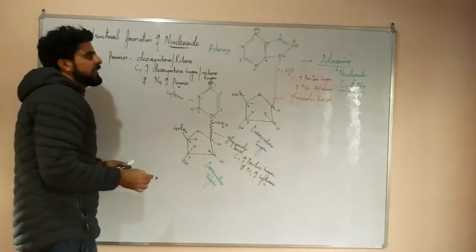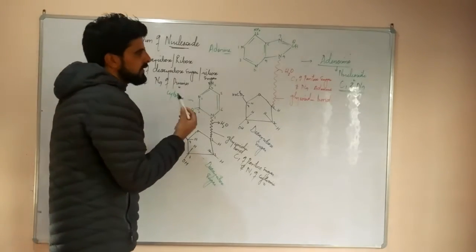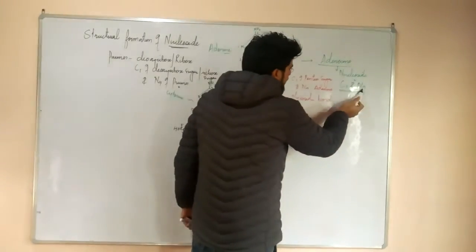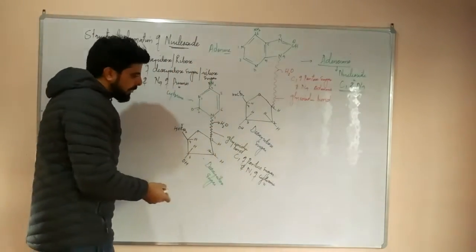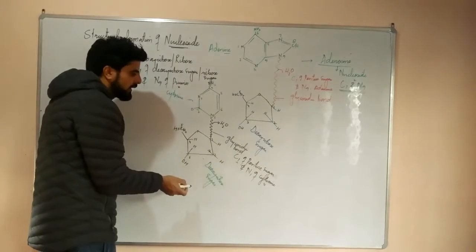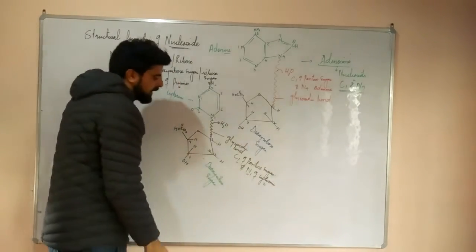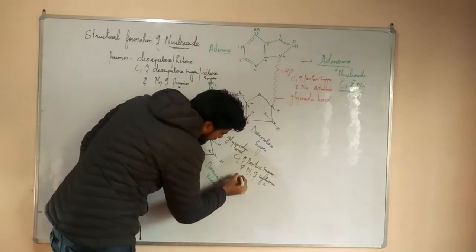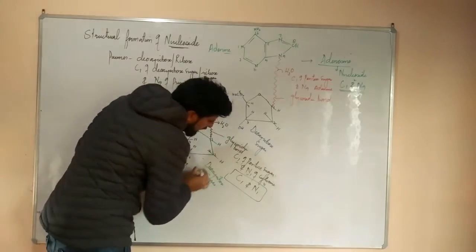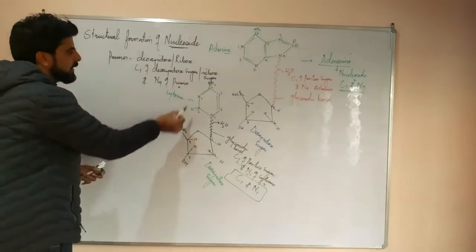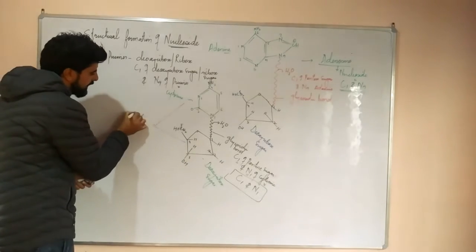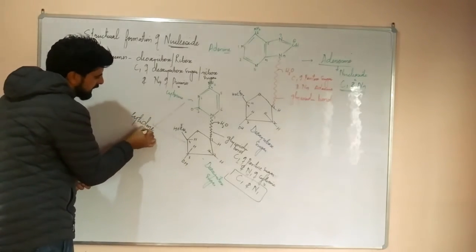So you have to keep in mind, in the case of purines, when they form the nucleoside, the bond will always be between C1 and N9. But in the case of pyrimidines, the bond will be between C1 of the pentose sugar, whether deoxyribose sugar or ribose sugar in the case of RNA, and N1 of the pyrimidine. This is the most important thing: C1 and N1 is the glycosidic bond formed during nucleoside formation. This nucleoside is known as cytidine. Cytidine is the nucleoside formed here.